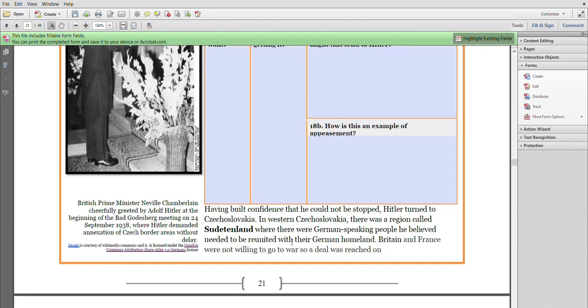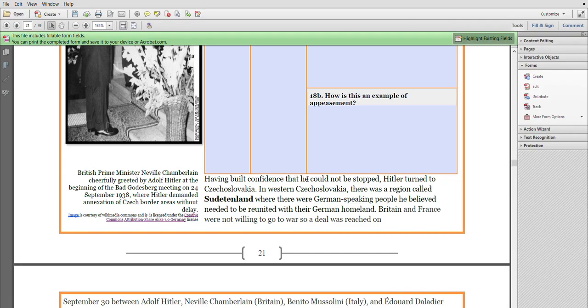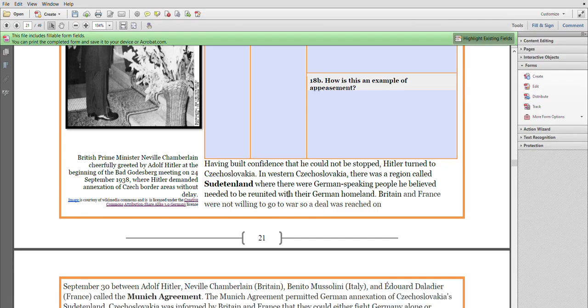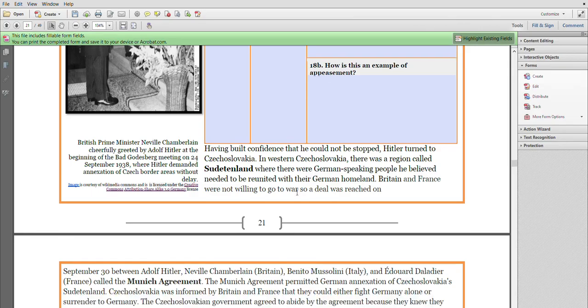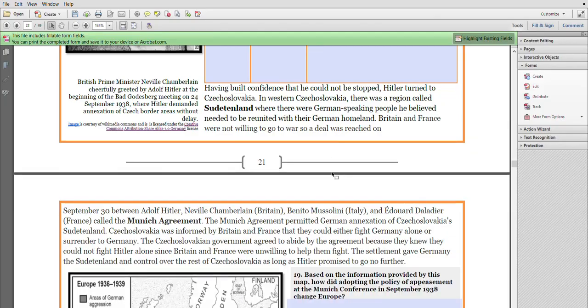in 1938. Having built confidence that he could not be stopped, Hitler turned to Czechoslovakia. In western Czechoslovakia, there was a region called Sudetenland, where there were German-speaking people he believed needed to be reunited with their German homeland. Britain and France were not willing to go to war, so a deal was reached on